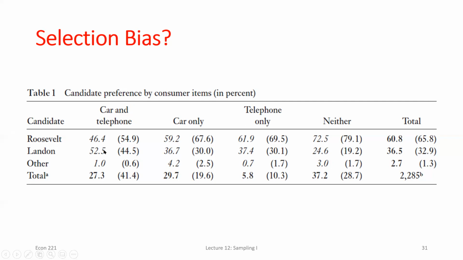It still would have been a correct prediction for the voting behaviors of people who owned a car and telephone, right? However, if they just would have used a database that didn't cross-reference, but just put anybody in who had either a car or telephone, notice people who only owned a car, about 60% of them ended up voting for Roosevelt. People who only owned a telephone, 62%, right around 60%. And the people who had neither, so these we can think about as probably more likely to be people on the lower end or the left side of the income distribution, 73% of them ended up voting for Roosevelt, right? So because we were only getting people in our survey from this group, we automatically had a selection bias built in to be more likely to predict that Landon would